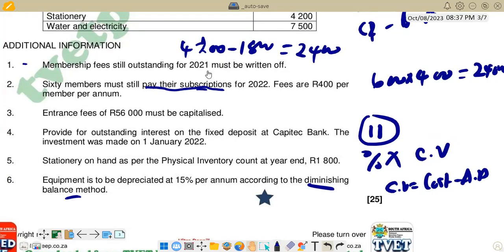To calculate the amount of that loss, we said 6,000, the amount that we are given, minus 4,200 that was received to get the balancing, that was 1,800. So that amount is a loss that we're supposed to put on the debit side of the income and expenditure